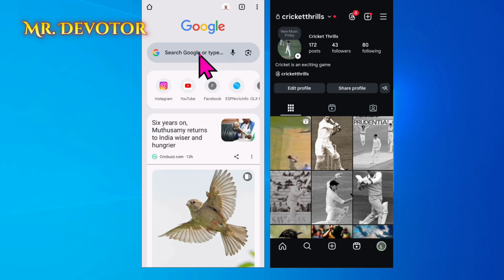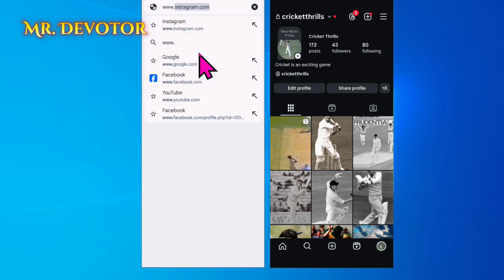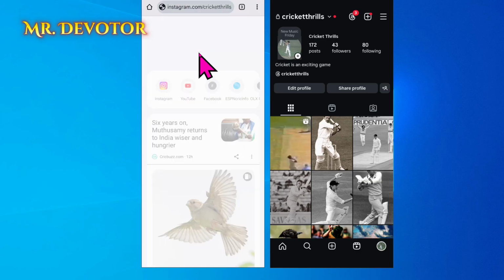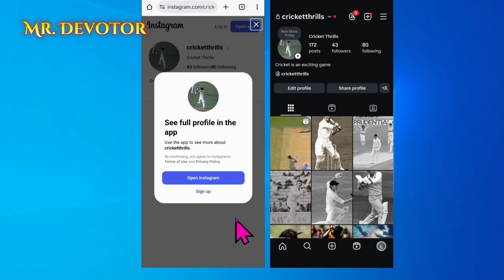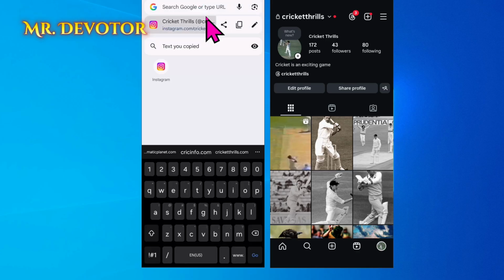And now open the Chrome browser and type instagram.com and type backslash and Control V to paste your username and then hit enter. And now it will be redirected to your Instagram account. And now click on the address bar. And now click on this icon, copy icon, and you will see that here your profile Instagram account is copied